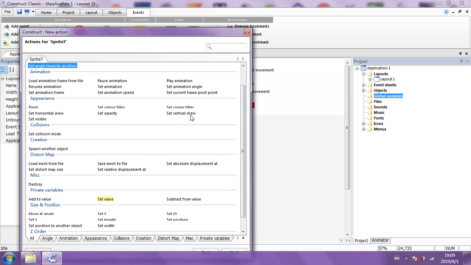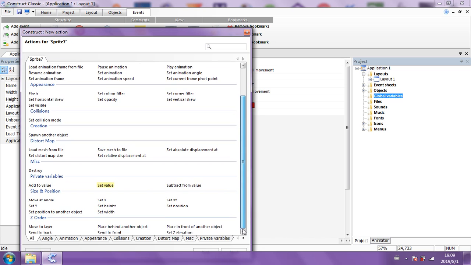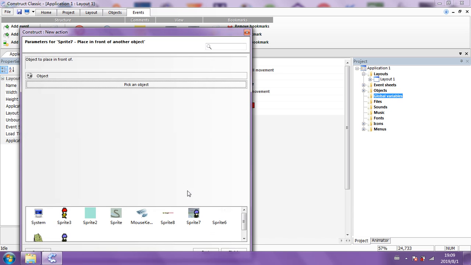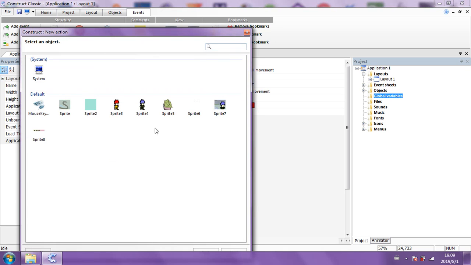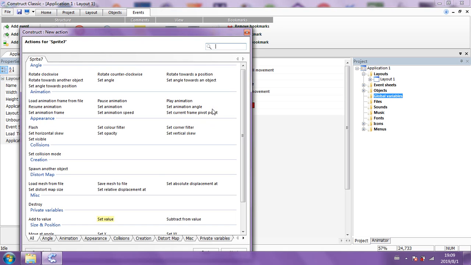Play animation. Set opacity. Place where you place it. Place in front of another object. I don't even know what I'm doing. Hold on. Hang on. So this is going to go.